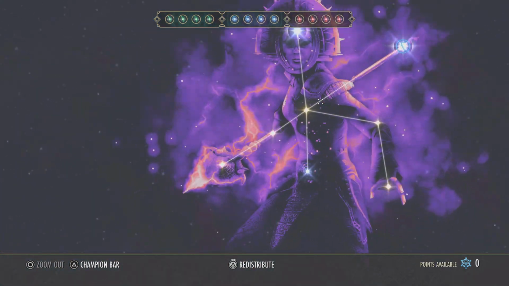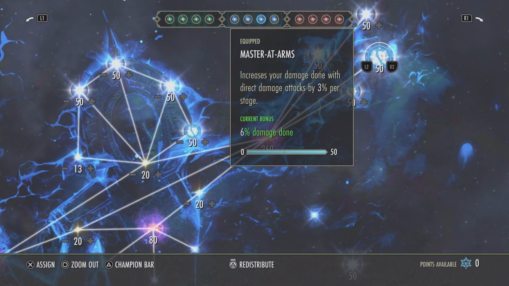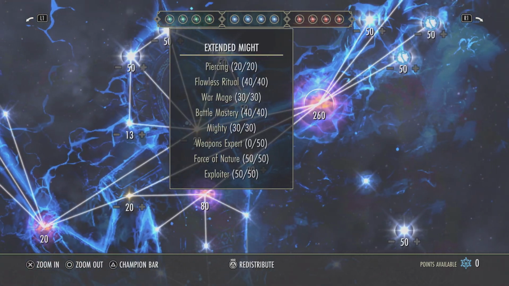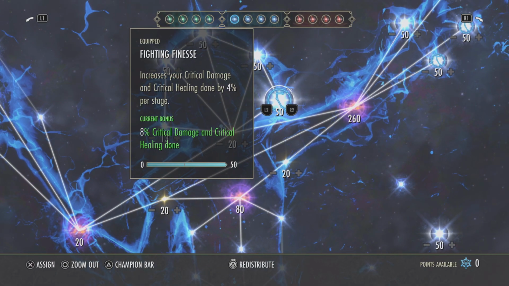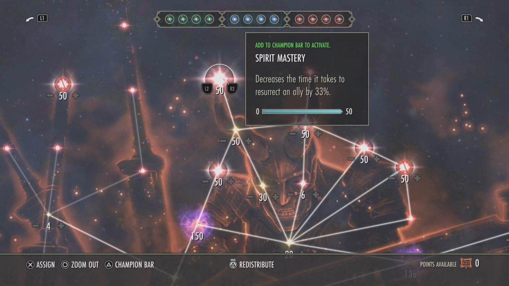And then we have Exploiter for off balance. The EC in the group provides off balance with the shock staff on the back bar, so make sure you always slot Exploiter if you've got off balance in your group. Fighting Finesse is my last CP there. Again, 1, 2 up here always, and then for